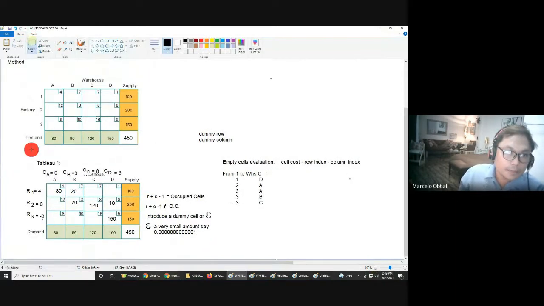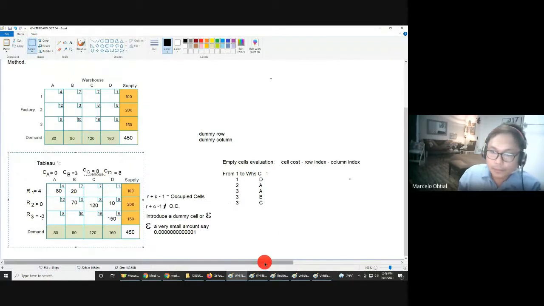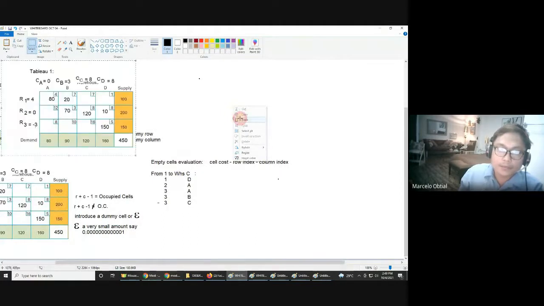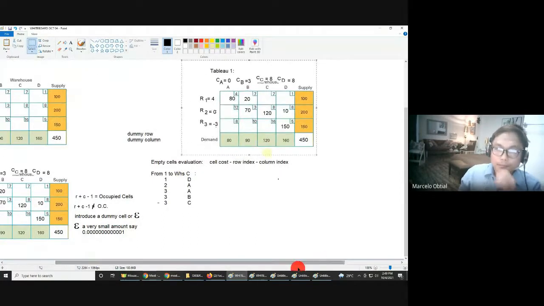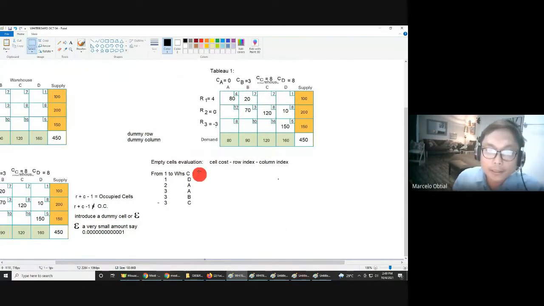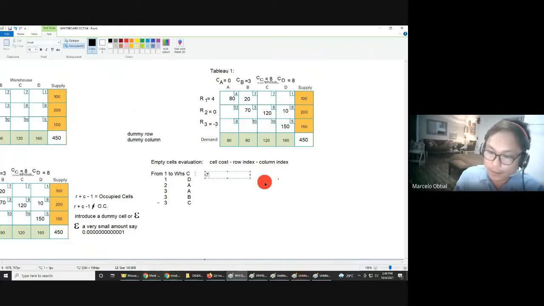Okay, para hindi ako mahirapan. Okay, I'll put that empty stop. I-resin ko lang mamaya. Okay. Here, okay, this empty cell, no? So that is 7. Cell cost muna tayo. 7 minus